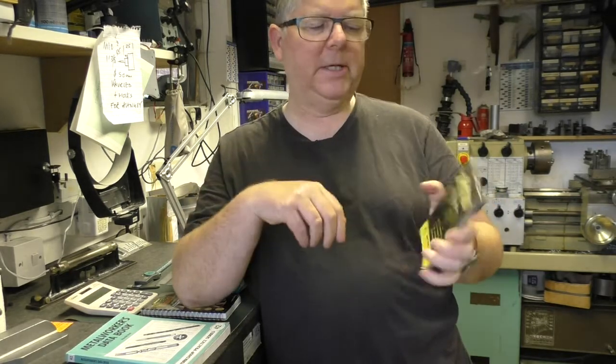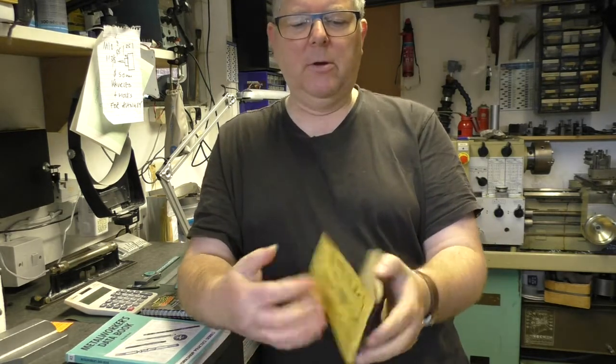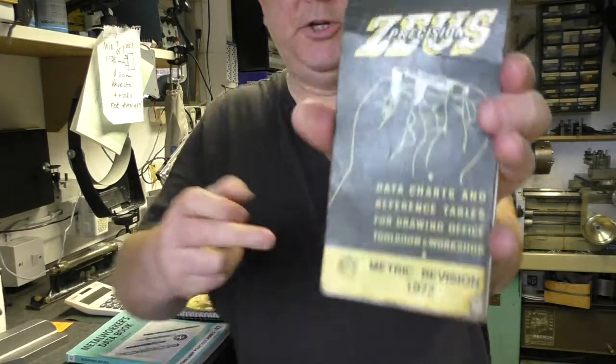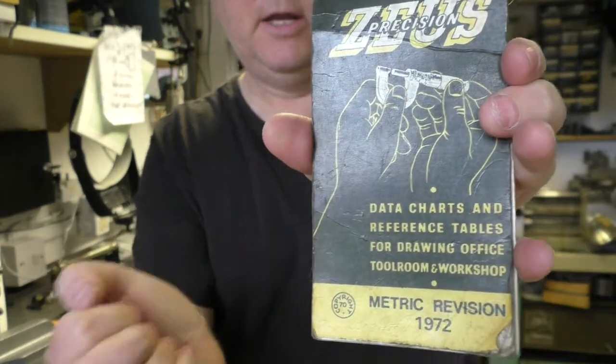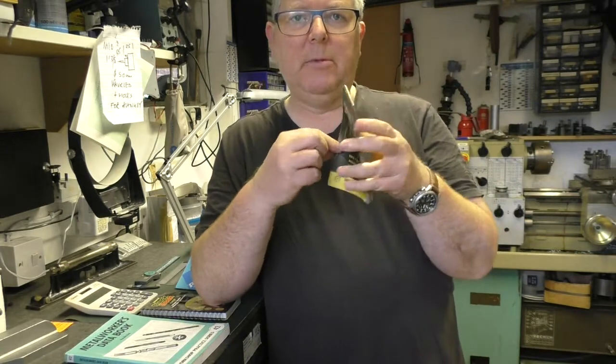It's the smallest of all of them. It fits in your top pocket. It'll fit in a t-shirt. It's only about 15 pages long. Now, this is a particularly old edition. You can see 1972. I do have modern versions, and in fact I have actually sent a modern version of